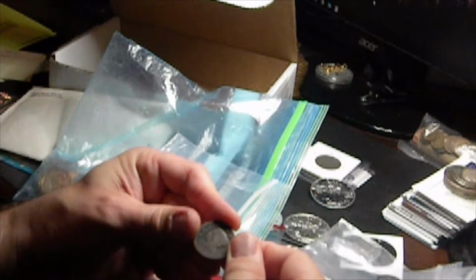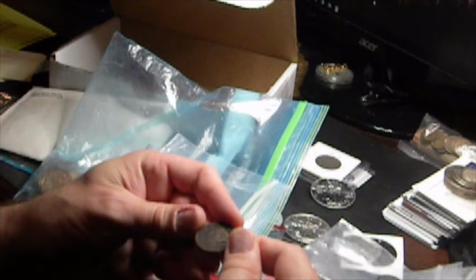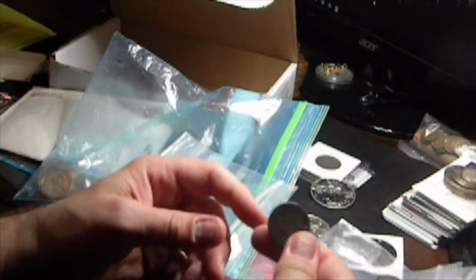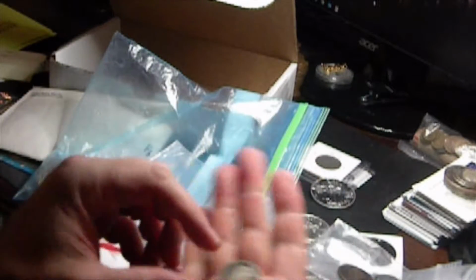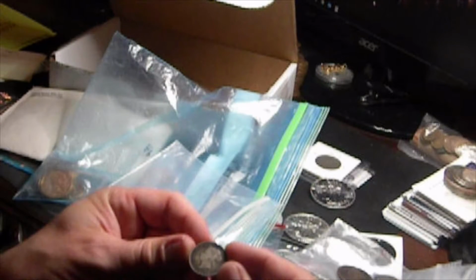Somebody tried to hold this, but this is a large cent from 1859. So these go on eBay for about $10. Probably resell that amount. This is a Canadian